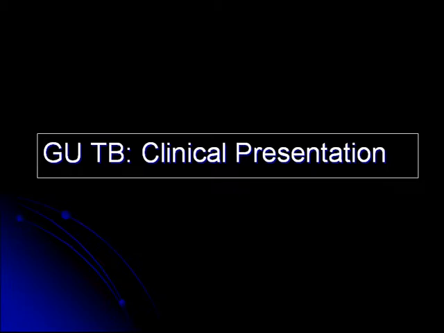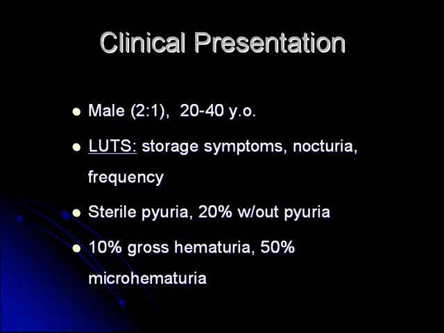How does TB present clinically? Well, classically, the textbooks will tell you that it presents more commonly in men than women, in the ages of 20 to 40. Usually there are vague symptoms. TB can really present like anything, so if you always have TB on your differential, you're never going to be wrong. And in Canada, you're probably never going to be right, but at least you won't be wrong, because it's not very common. Genitourinary TB patients present with vague storage symptoms, nocturia, and frequency, just as our case did.